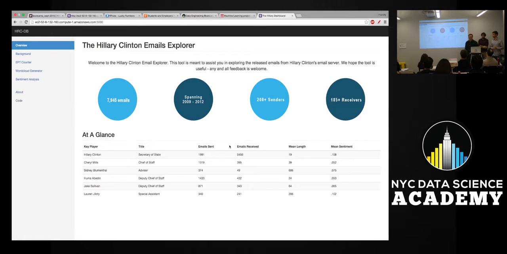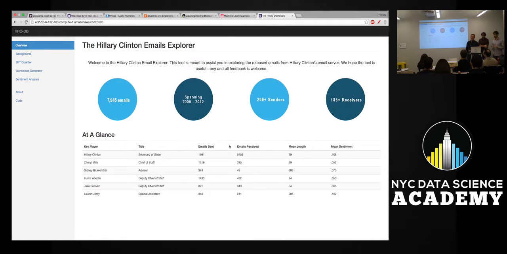So in an interest to try and find something that would be of relevance to you and to anyone else who's looking at our project, we tried to understand whether there was information about the sentiment being expressed by the people who were writing the emails, whether there are ways to look at specific topics by individual that were sending the emails or receiving the emails. And there were 3 tools that came out of this analysis.